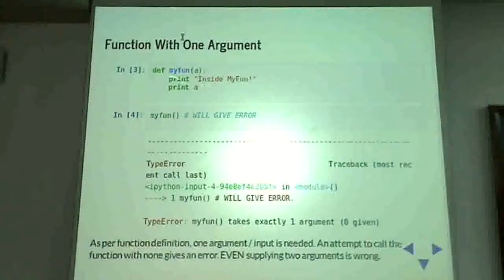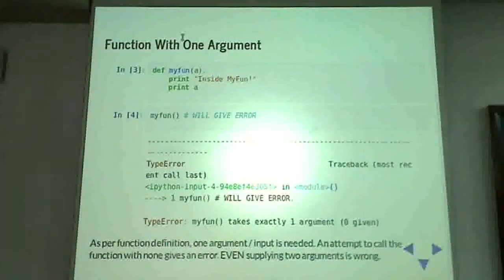And what this function will do is just print this message and print the value that was supplied to it. So if I now try to call myfun without any arguments, it will be an error. Because thanks to this way of creating a function, you have now declared that it needs one input argument. And this call will result in an error, and it will tell you that myfun takes exactly one argument and you have given 0.